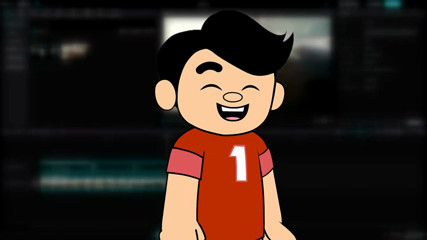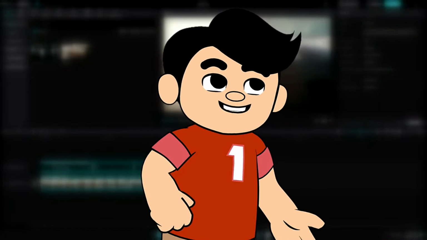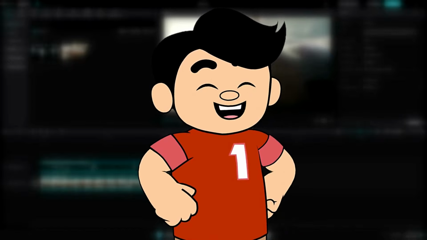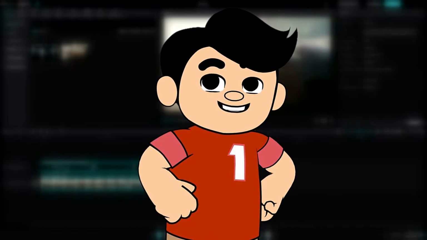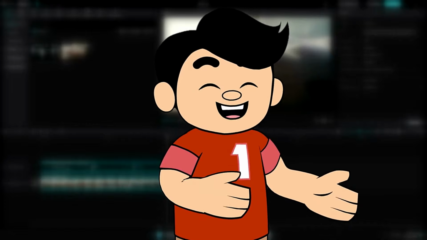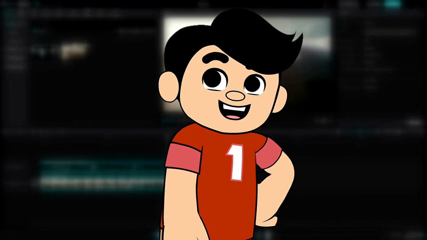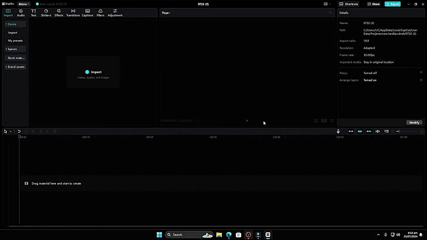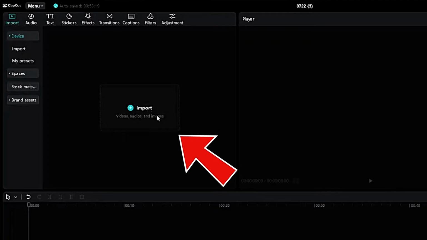Blending mode. Blending in video editing refers to the process of combining multiple video clips, images, or layers to create a seamless and cohesive visual effect. This technique is used to make transitions smoother, add creative visual effects, or combine different elements in a video to achieve a desired look. To demonstrate blending in Capcut, first, import your video clips by clicking on the Import button,